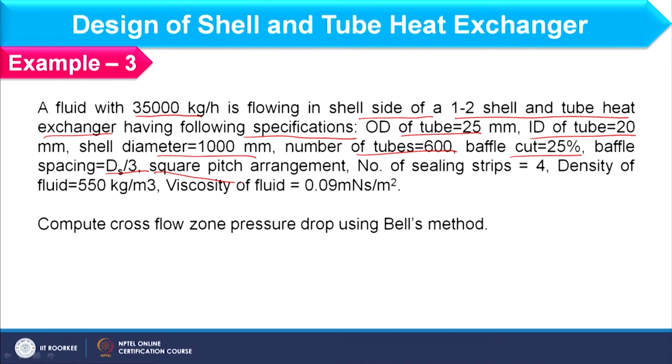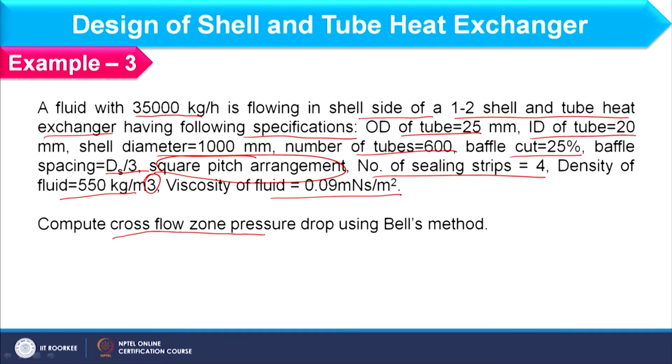Right. A square pitch arrangement is given and the number of sealing strips is 4. So, here we have already fixed the number of sealing strips. Density of the fluid is 550 kg per meter cube. Okay, and viscosity of the fluid is 0.09 millinewton second per meter square, and what we have to compute is